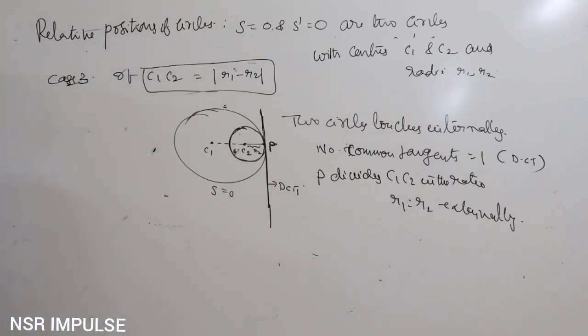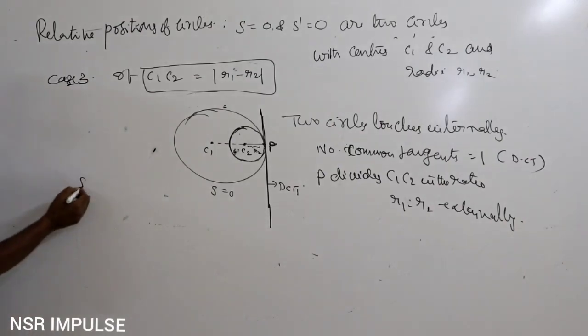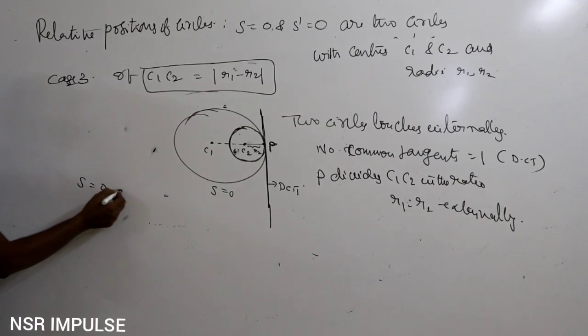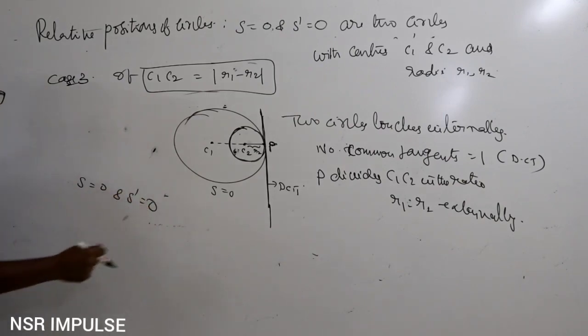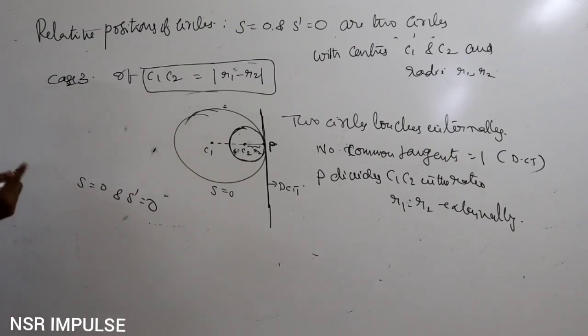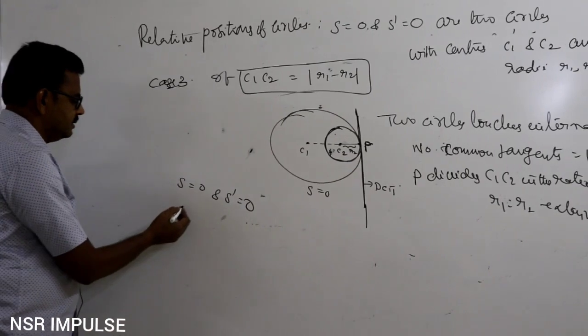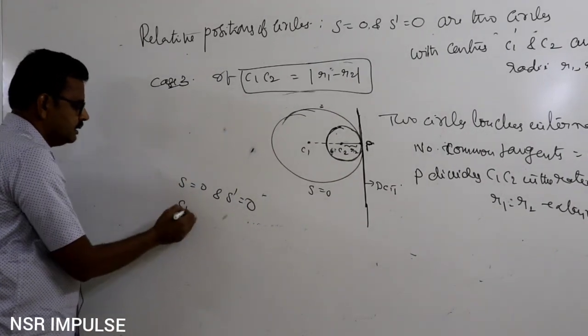So, to show that the two circles S equal to 0 and S dash equal to 0 touch each other, and find their point of contact and the equation of the common tangent at their point of contact, the question is given like this. In this case, you have to find, suppose in this case, C1C2 is